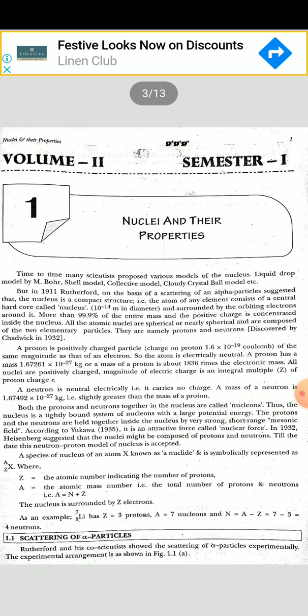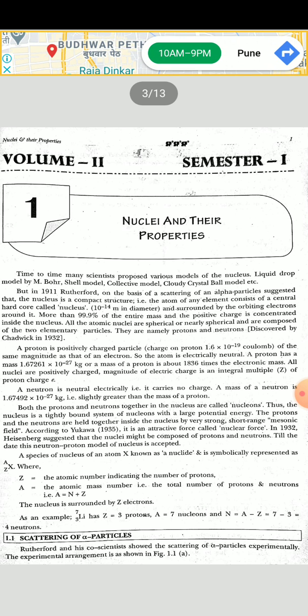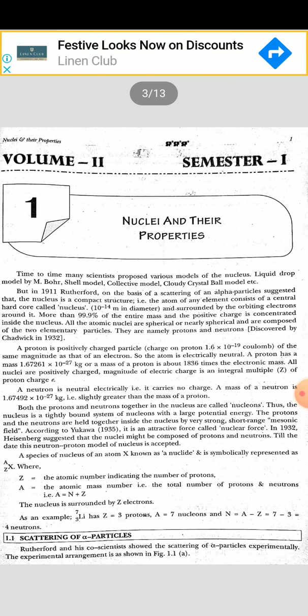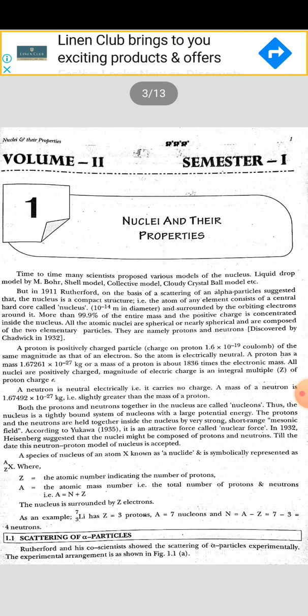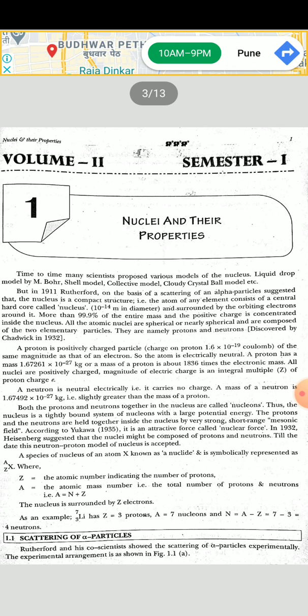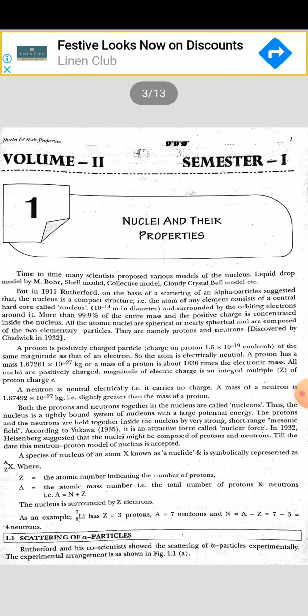What properties we will see, before that, how the nucleus was discovered. So we go to the history of nuclear discoveries. The first experiment was conducted by Rutherford, that is the alpha scattering experiment, the scattering of alpha particles